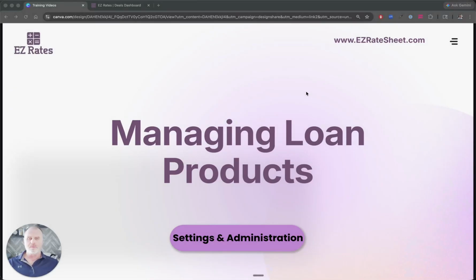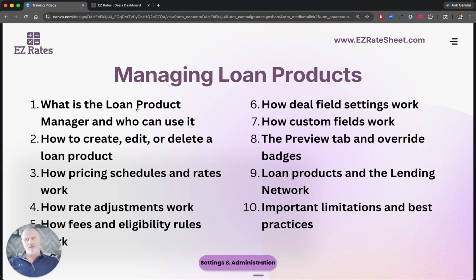All right, welcome to the training on managing loan products in Easy Rate Sheet. Inside of Easy Rate Sheet, you'll find some great help articles in the profile menu to help you learn and understand how to use the product manager for creating and managing loan products. The articles there cover topics like what is the loan product manager and who can use it, how to create, edit, or delete a product, how pricing schedules